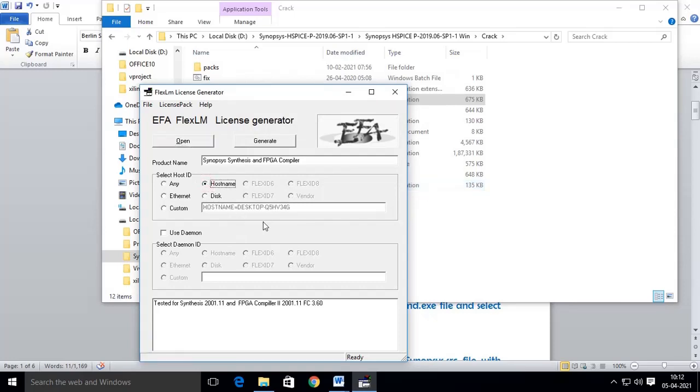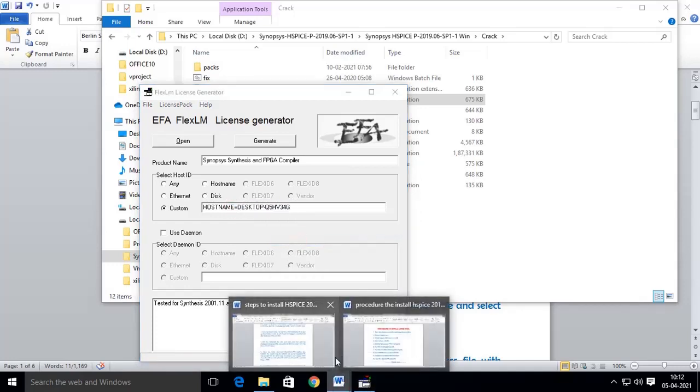Here copy the host name, that is after equal to. Copy the name of your computer, the host name after equal to, and keep it in a separate Word document.